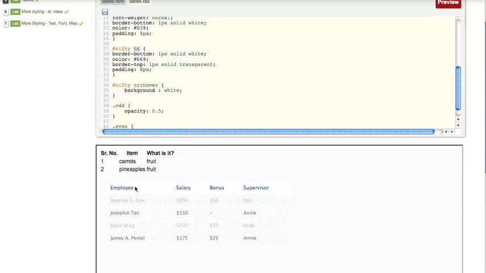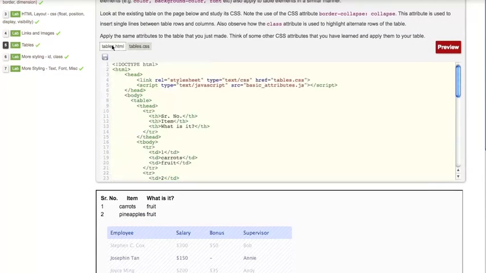Also, if you look at what's happening, as soon as you move your mouse on the table rows, you find that if your mouse is hovering on a particular row, then the background becomes white. Now that is controlled by this particular CSS, right? Look at the syntax, it's pretty self-explanatory. So now your task is to apply similar attributes on the table that you have created and make it look as nice, if not better, than the existing table.